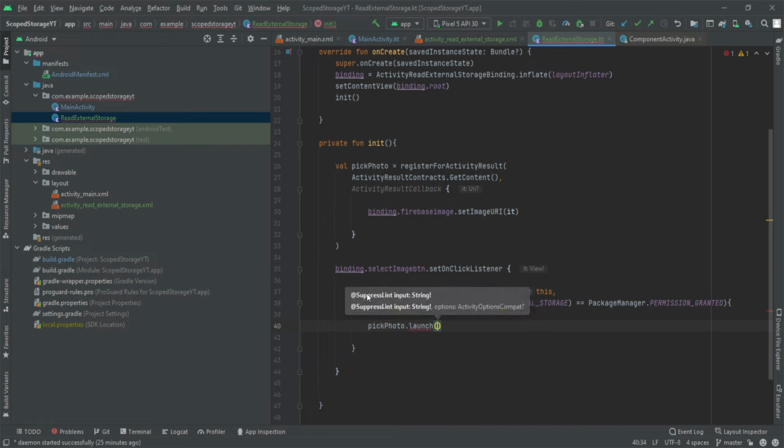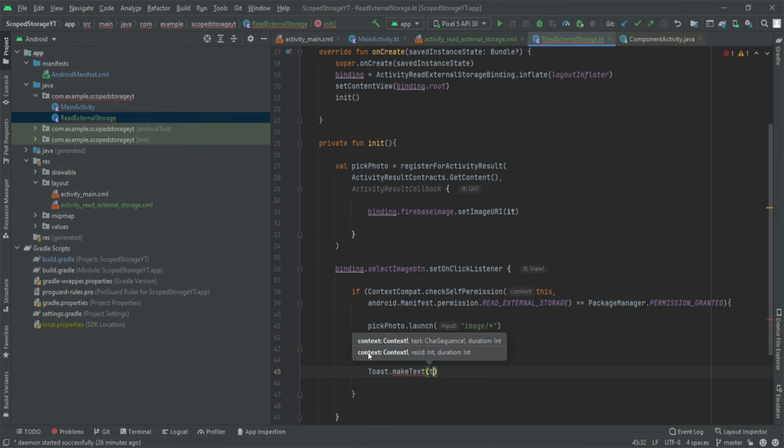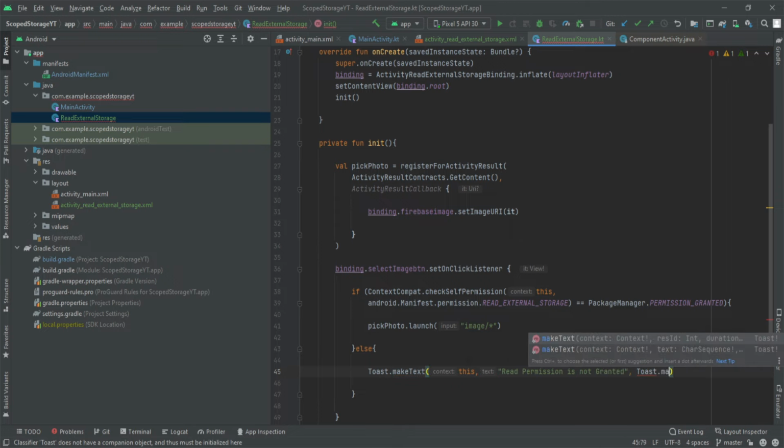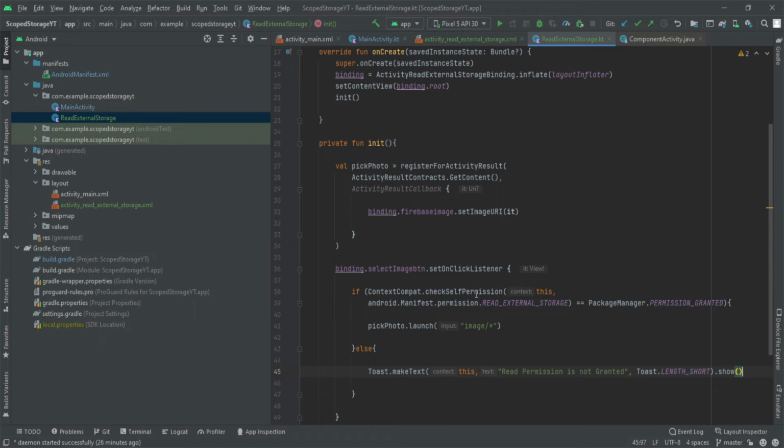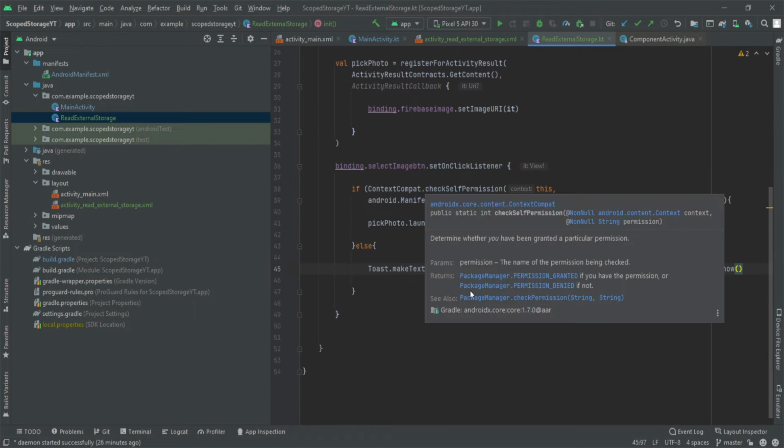Inside this method we want to pass what type of content we want from this particular activity. We want images, so we'll pass image slash star, which means everything, right? In case the permission is not granted, we want to raise a toast, so else, the toast will be raised in case the permission is not granted, right?